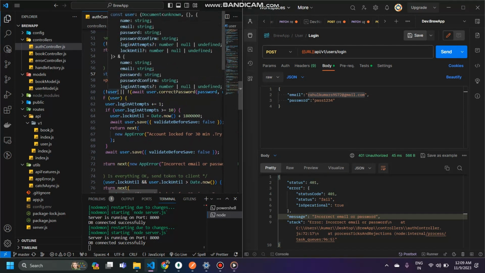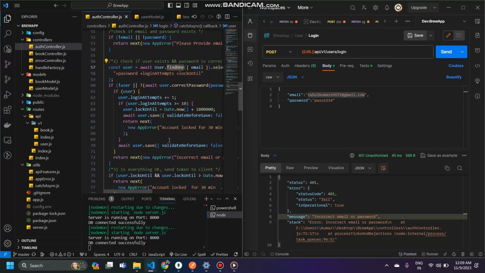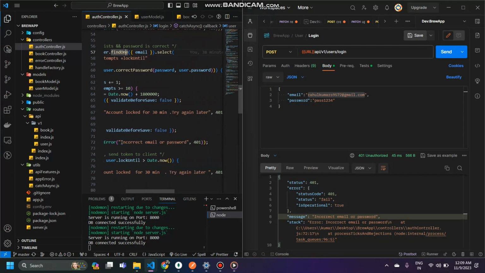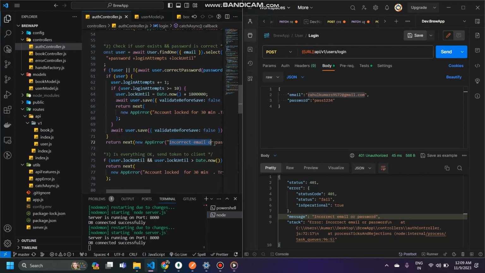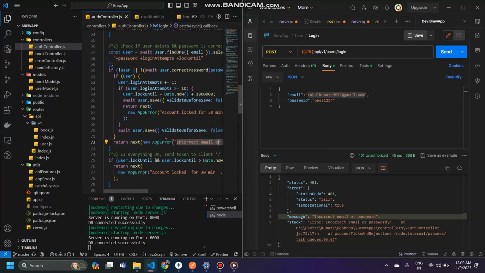Or if the user is correct but not the correct password, then also I'm showing incorrect email or password. So I made a common error for email and password for security purposes. Okay, so I implemented that suppose the user login attempt fails, then it will increase by 1. And if the login attempts is greater than or equal to 10, then it will block the user